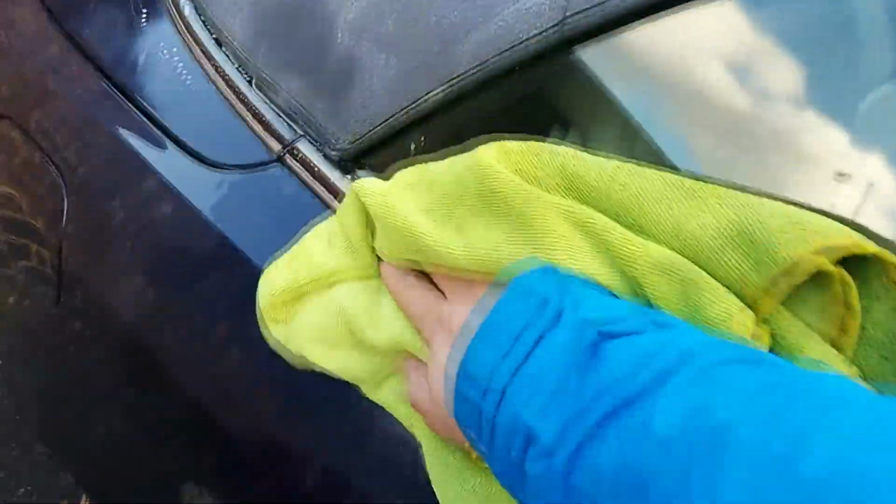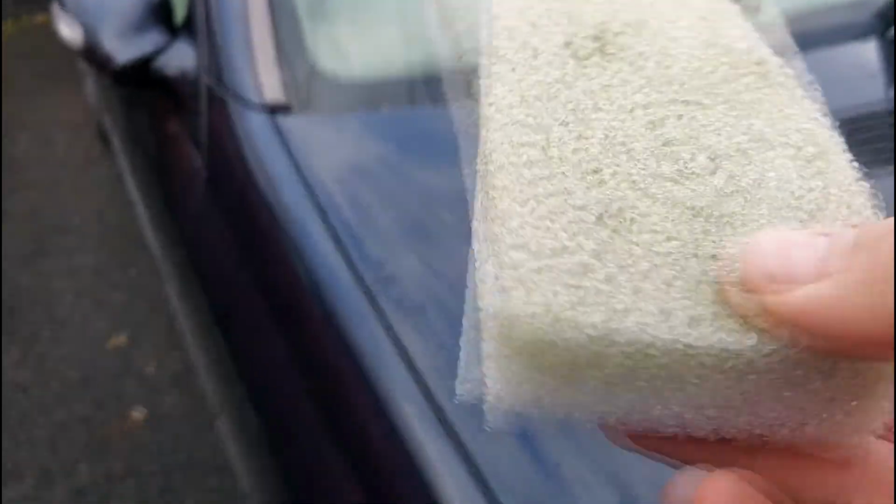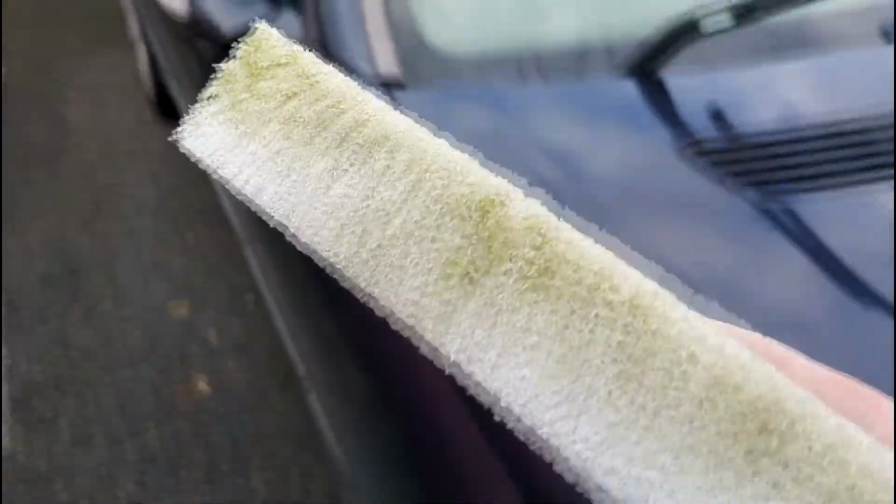So here, any sort of overspray which landed on the car, I removed with a microfiber towel. I am going to clean this entire car afterwards, so this is just a precaution. So now I'm going to use the water again to spray the product off. There still seemed to be plenty of bubbles left on this car, so I spun the sponge over and I gave